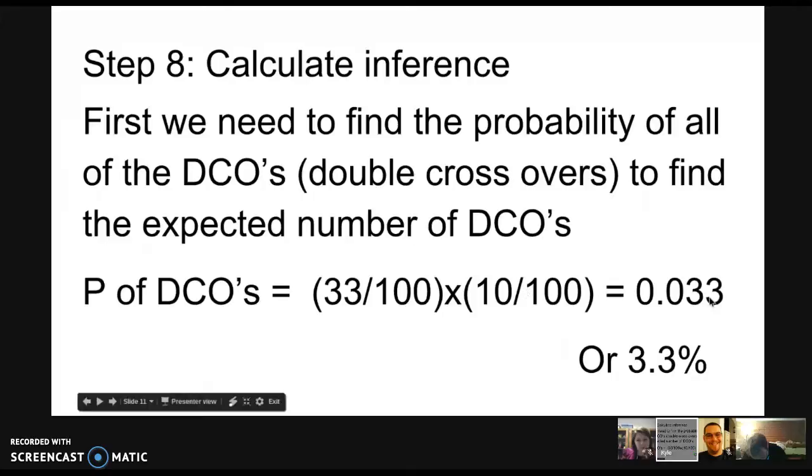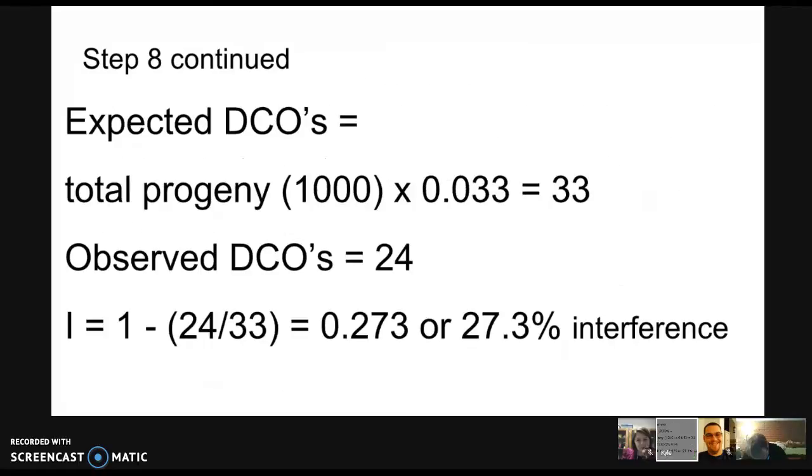And we get this number right here, which we will use to find the expected number of double crossovers, which is 1,000 times the number we found, which is 33. So there's 33 expected and 24 observed. You plug that into the interference equation for observed over expected, and we get 27.3% interference. That's how you finish